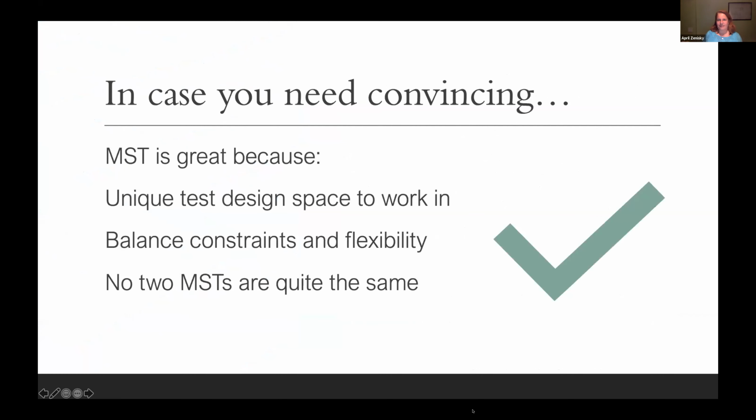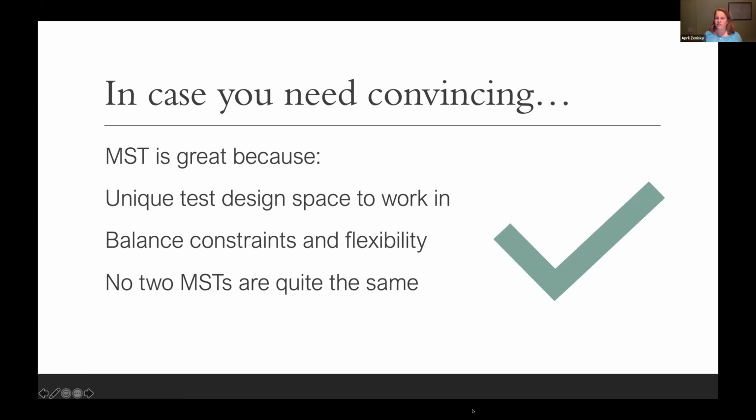I think MST is great because it's a really interesting and unique test design space to work in. If you think about the papers from the 50s, 60s, and up to Lord's 1980 paper, talking about all the design variables. And then there's all the design research that was done at UMass. Ron Hambleton led us through that through the 90s and the 2000s. And then the consortium work with the AICPA, with Greensboro and Illinois. The LSAC did all this great work, and the AICPA did the work, and ETS. There's so much research out there on the design and all the different ways that MST